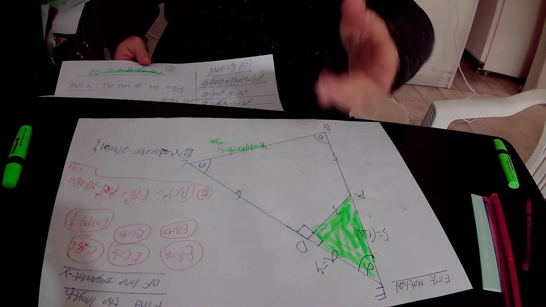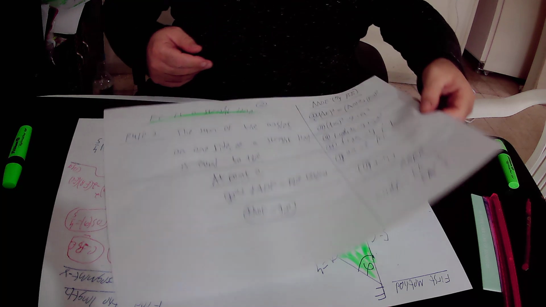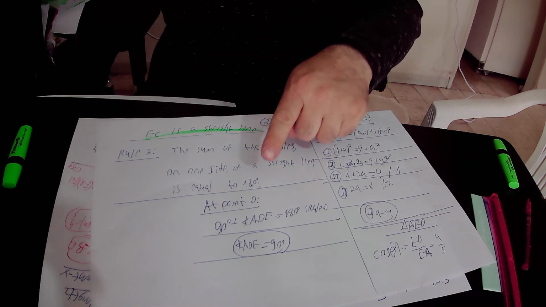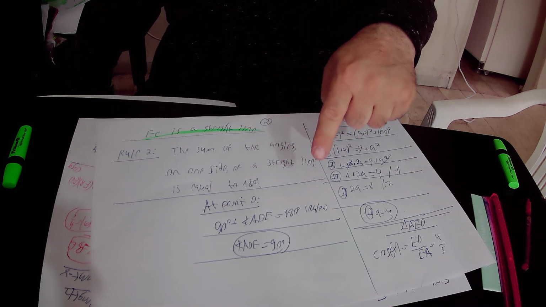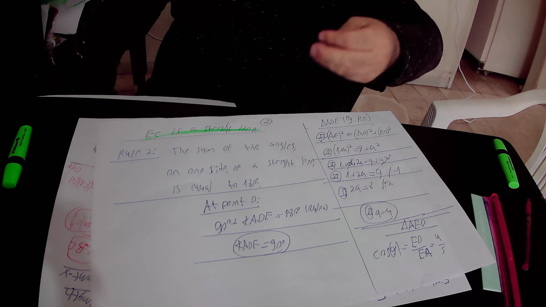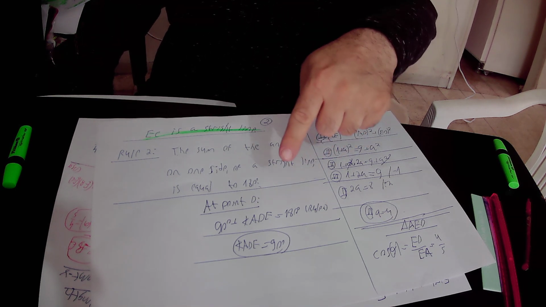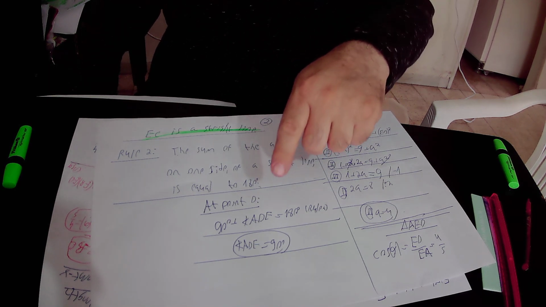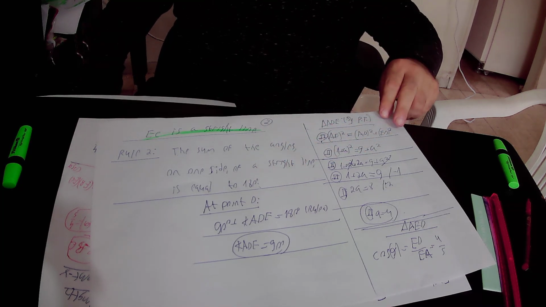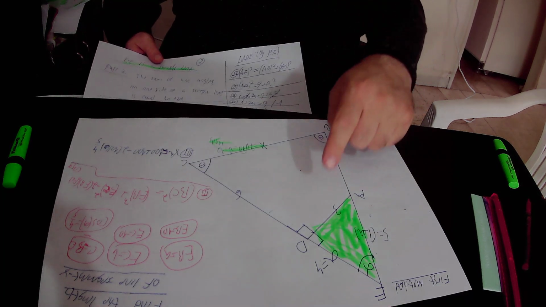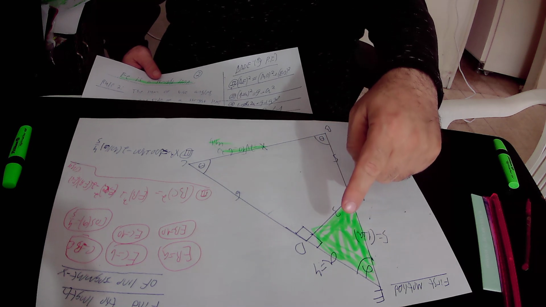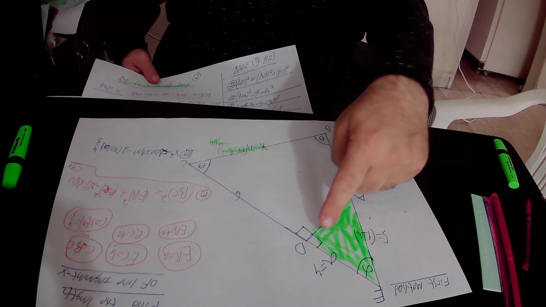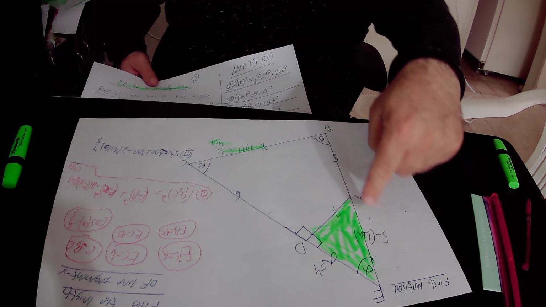In total, the sum of those two angles must be equal to 180 degrees according to rule number 2. So 90 degrees plus angle ADE must be equal to 180 degrees. We subtracted 90 degrees from this equation and found that the missing angle ADE equals 90 degrees. This angle equals 90 degrees, and if this angle equals 90 degrees, it means that triangle ADE is